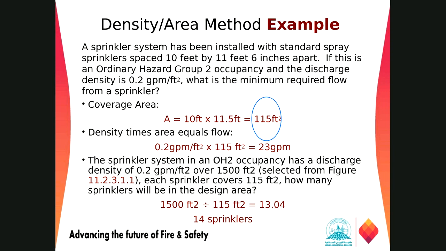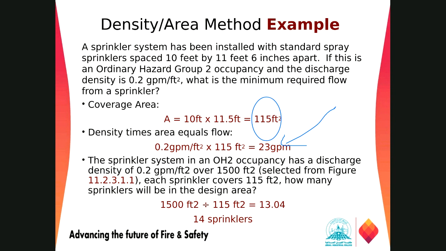Now if we recall the K factors, right? The K factor method and all. The minimum pressure we need is 7 psi for this kind of installation to give 15 GPM from a 5.6 K factor. So if we need 23 GPM, at this location the pressure must be higher than 7 psi, maybe 10 psi or 14 psi to achieve 23 GPM, right? This is the one criterion.